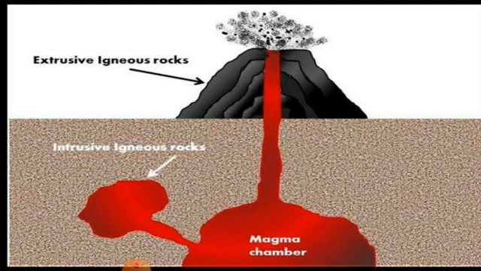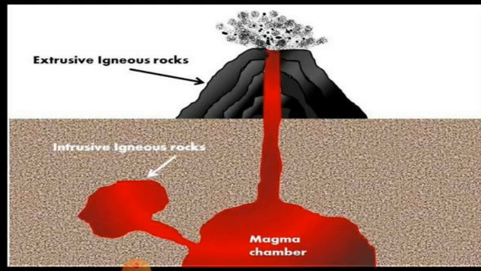When the molten lava comes on the earth's surface, it rapidly cools down and becomes solid. Rocks formed in such a way on the crust are called extrusive igneous rocks. They have a very fine grained structure, that is small sand particles. For example, basalt. The Deccan Plateau is made up of basalt rocks.